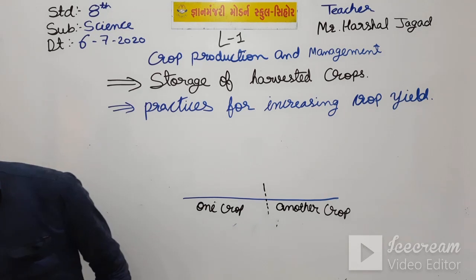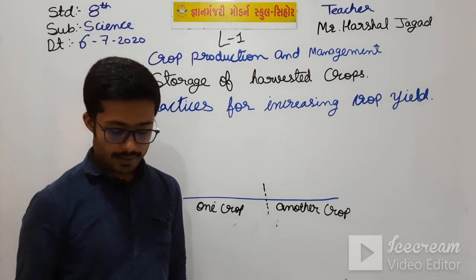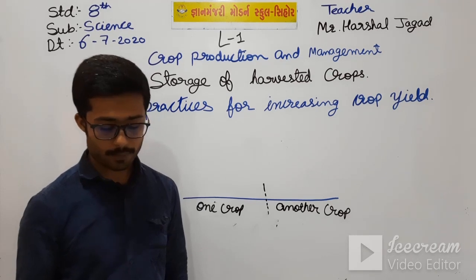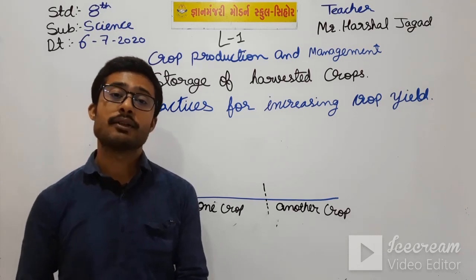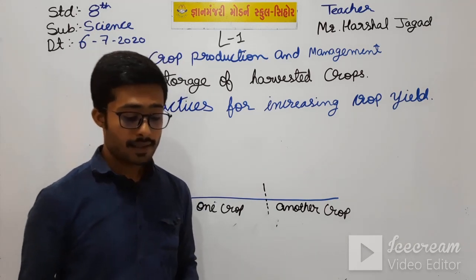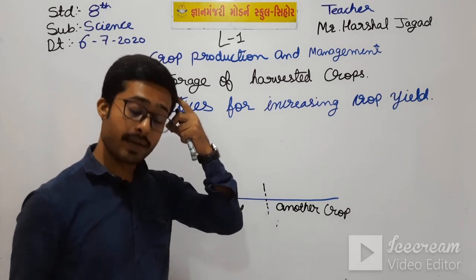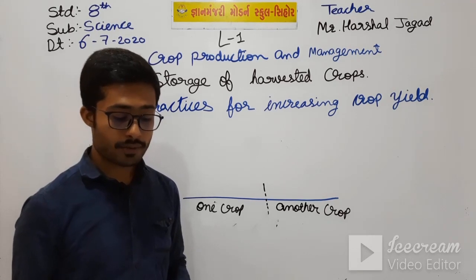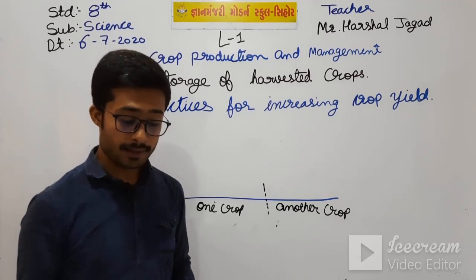Okay, so the next was, these crops are chosen keeping in mind the nutrition needed, so that the needs of one particular type of crop get fulfilled by the needs of the other type of crop sown together. So this method is known as mixed cultivation, means this whole process is known as mixed cultivation. Mixed cultivation is the process in which two or more different types of crops are grown in a particular field at the same time.